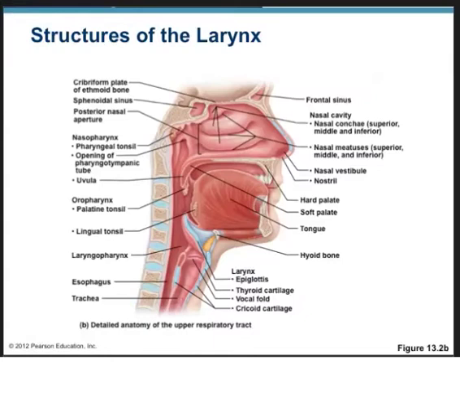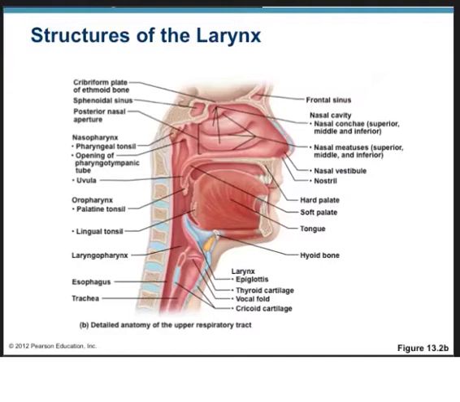So, the epiglottis is important because it protects the superior opening of the larynx and it routes food to the esophagus and air towards the trachea when you swallow. The epiglottis rises and forms a lid over the opening of the larynx known as the glottis. The vocal folds